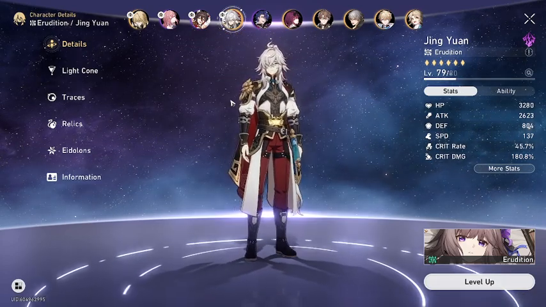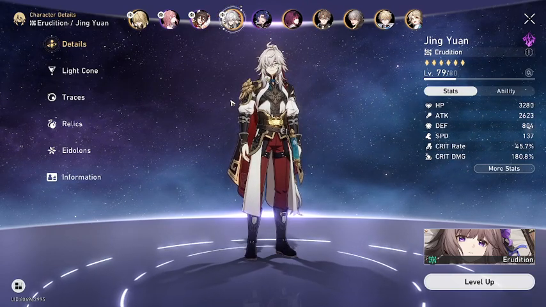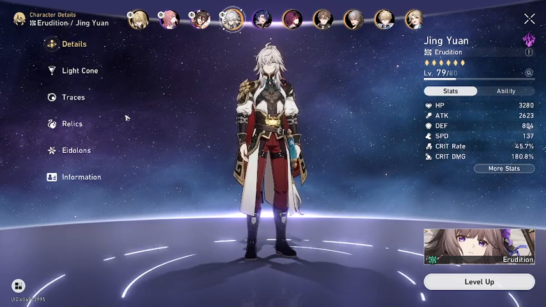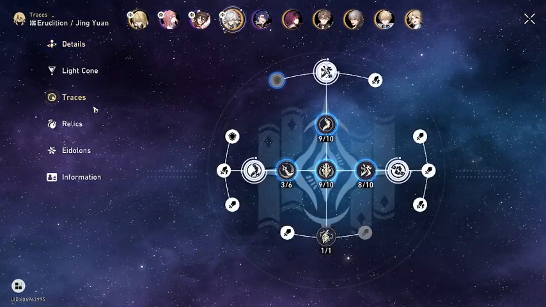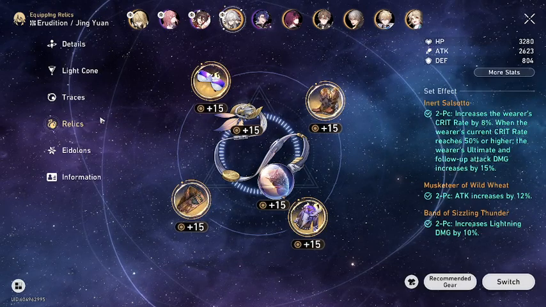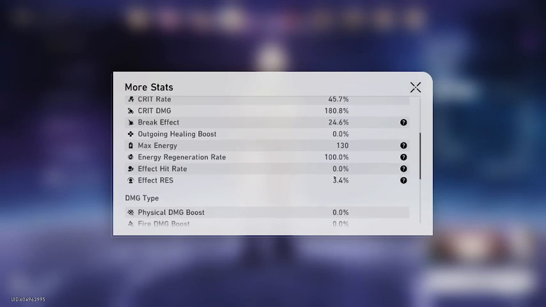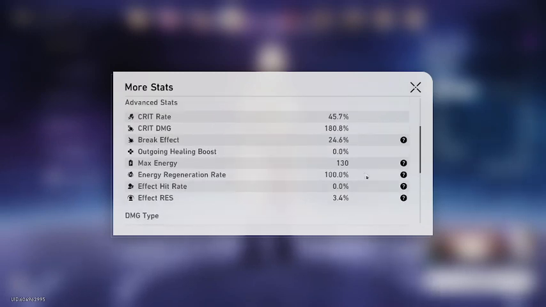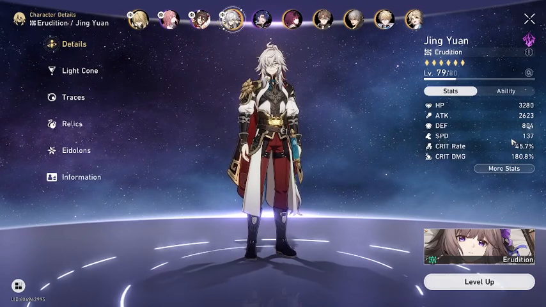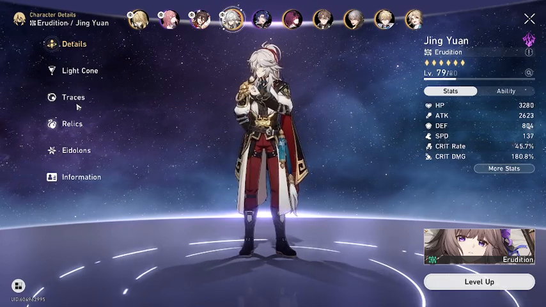Considering that, I don't know what the numbers are, obviously, but Fu Xuan could be big for Jing Yuan because if you could use her to give him more crit rate, and I think her Prescience thing also reduces your chance of getting stasis or whatever, your effect res. It gives you like an effect res buff, so it could be pretty insane for that. So if the crit rate's between like 10 to 20%, it could make this build insane because all